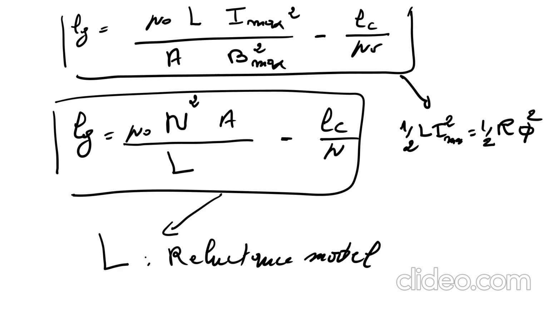The second expression is derived from the reluctance model of the inductance, and as you can see, it is proportional to the N square and the cross section divided by the inductance, and minus the same term as the first expression. So both equations are wrong, and the simple reason why they are wrong